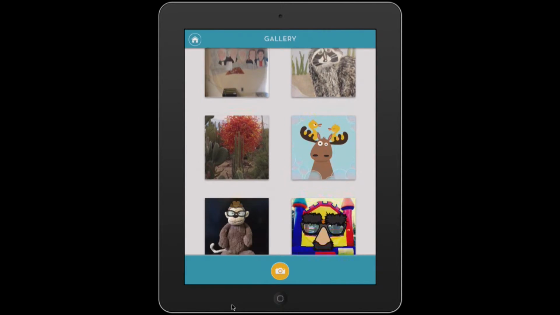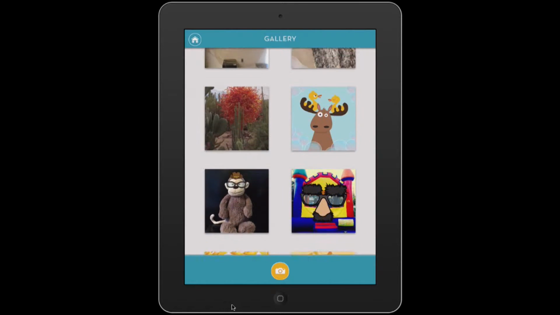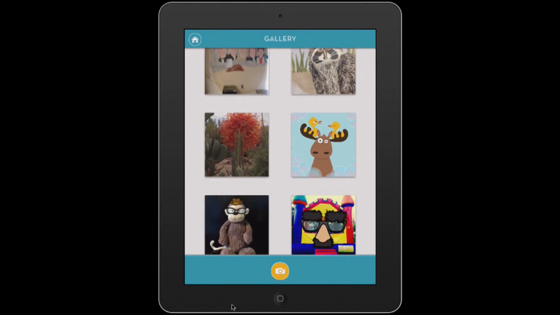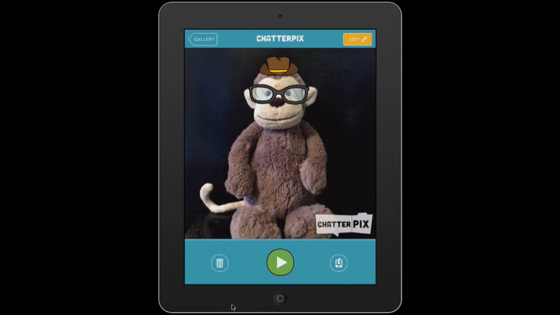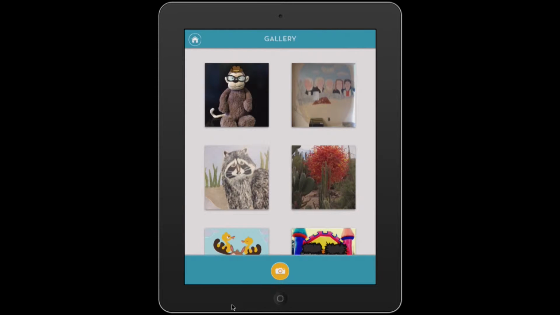and actually we could pick any of these pictures right here. Now, can you add one of your own pictures to the gallery? Yes, because you could be taking a picture, so you can add it to the gallery. And what you do is add a little voice clip to it. So to do that from the beginning,